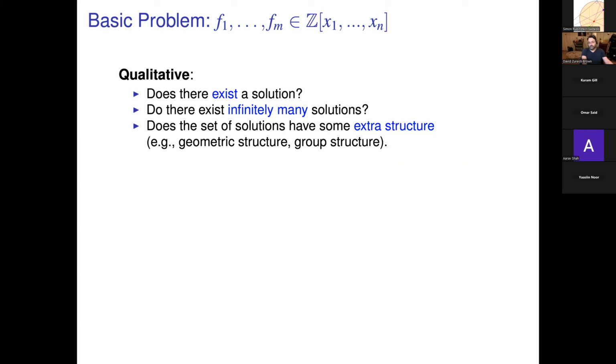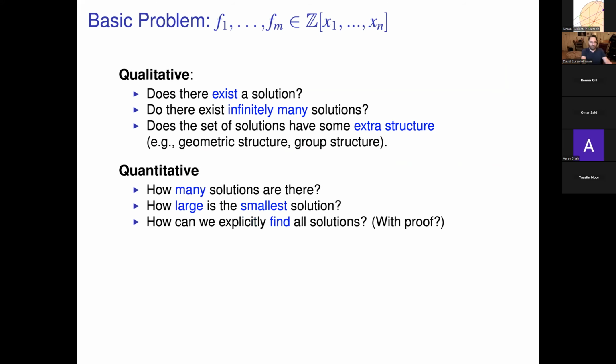So one is qualitative, like Hilbert's 10th. Is there even a single solution? Are there infinitely many? Is there some kind of extra structure like group or geometric? Really interesting to me, and I'll show you examples. Quantitative: how many solutions are there? How large is the smallest? Can we find them all? Can we find them all with proof? Those are two different questions. Can we confidently find them all, but without a proof is a very different question than